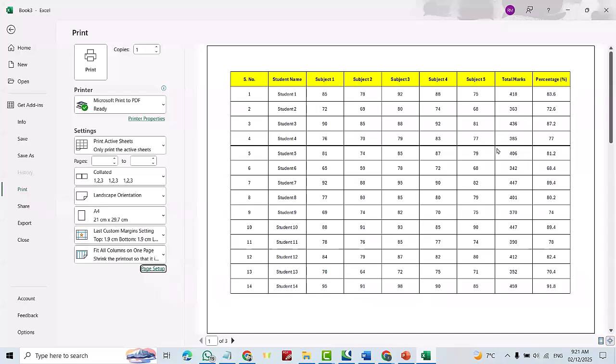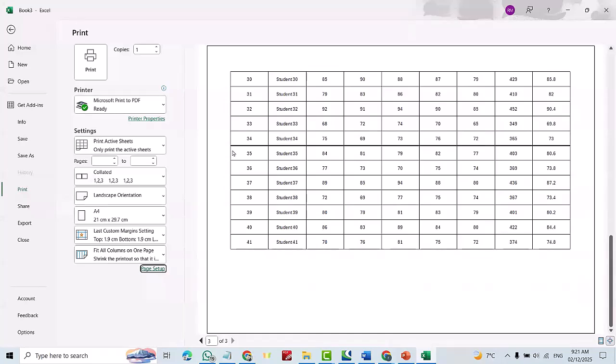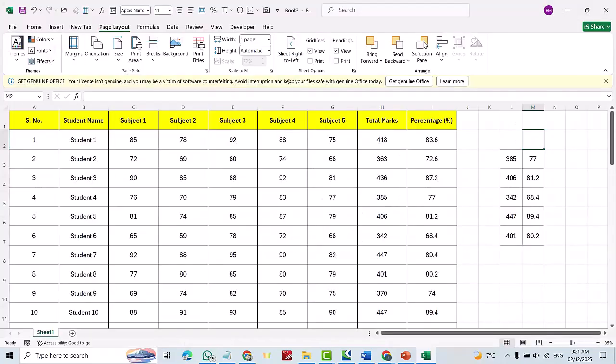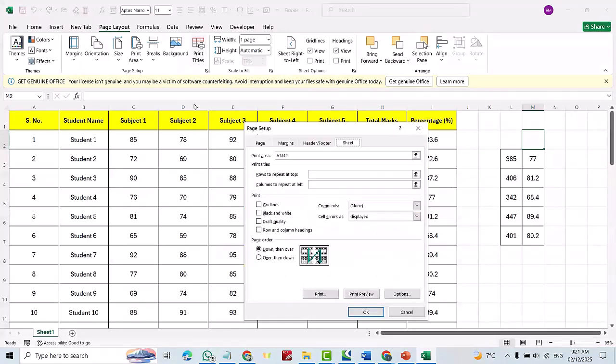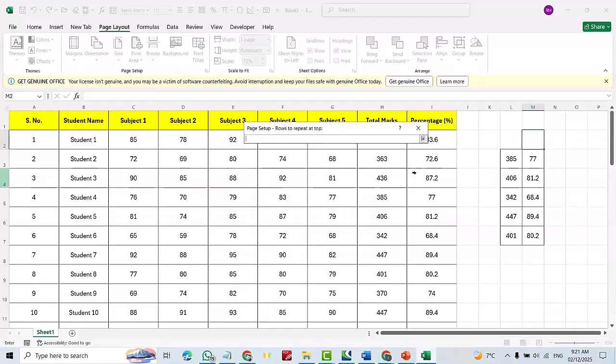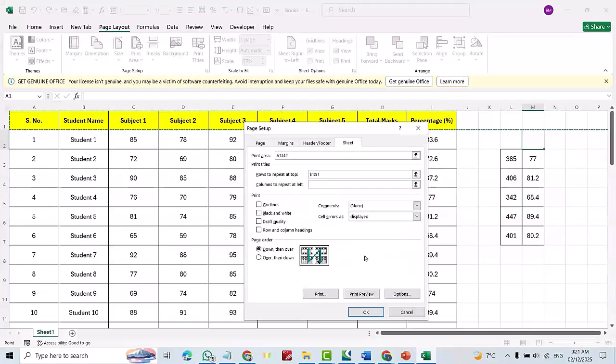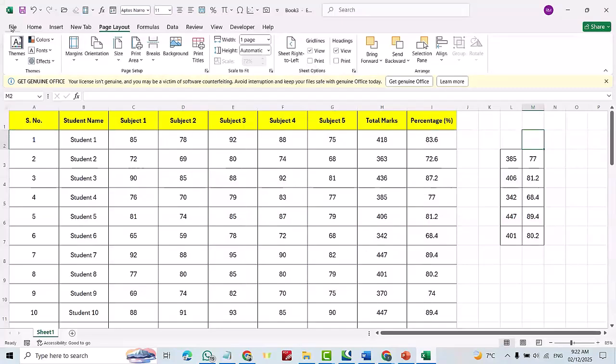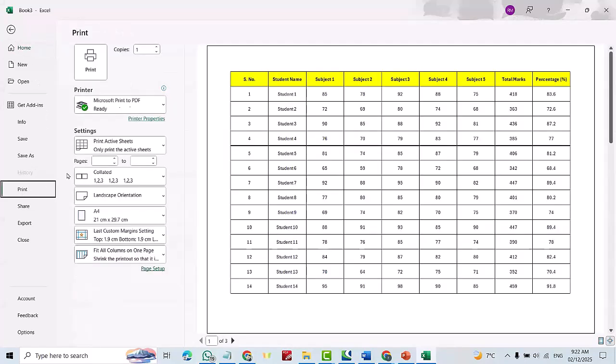Good. If I scroll down, you see the title is not repeated here. I want the title to repeat on all pages. So again, come back to here. From Print Titles, Rows to repeat at top, click this icon, select this row. Okay, enter. Okay, again from File, Print, you see